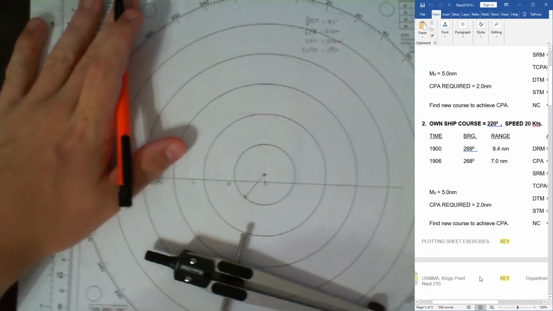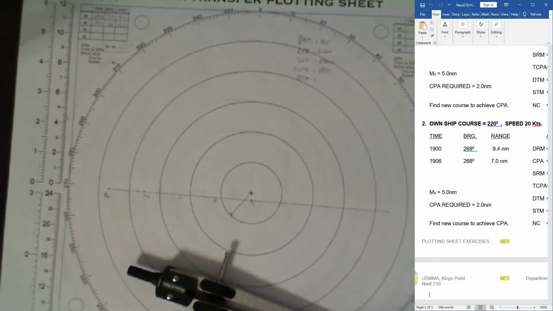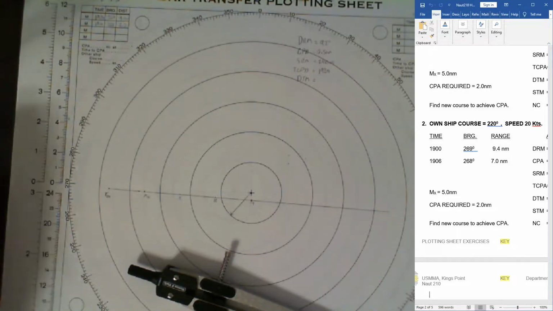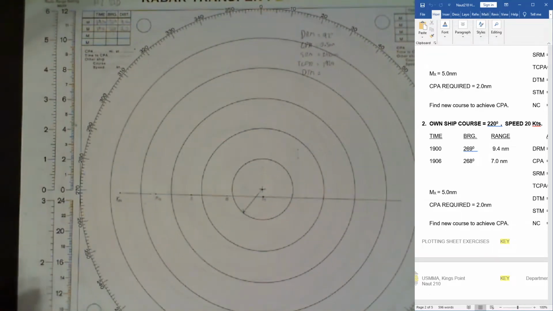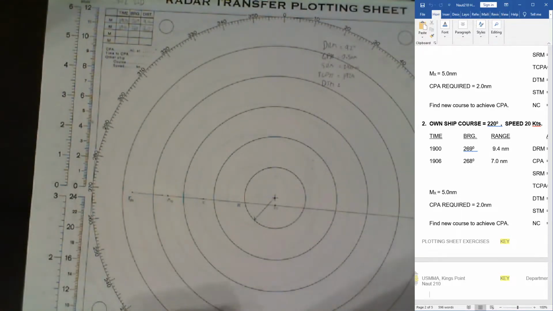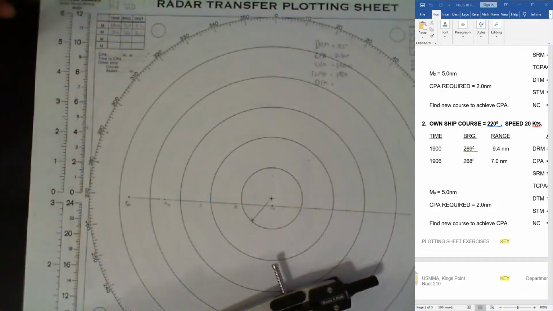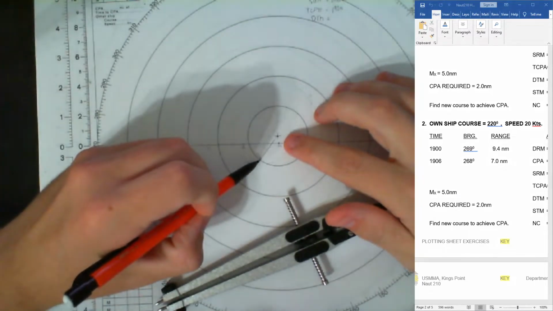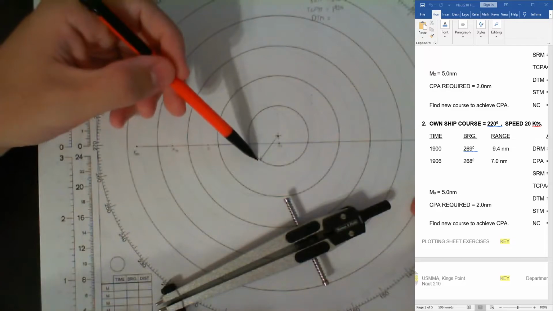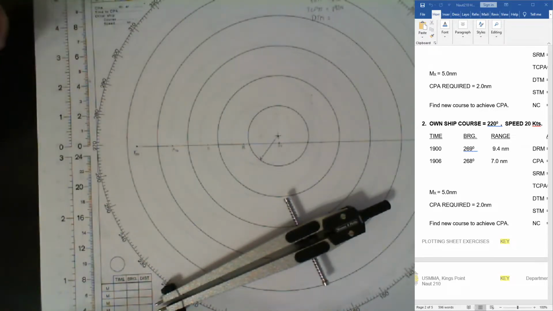Now we need to do DTM. We can find DTM as it is the direction of true motion. We're going to be extending E to M through the center and finding the angle. But you're probably asking, how do we find E? Well, do you remember how we found our own ship's course at the beginning? If we parallel that to R00 in this direction, we will find where E lies, and it'll be exactly 2 nautical miles off. So let's take our triangle,